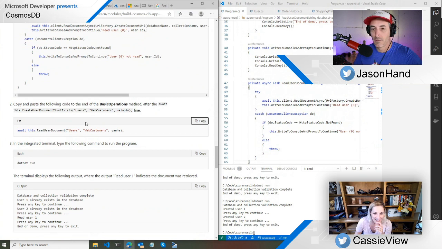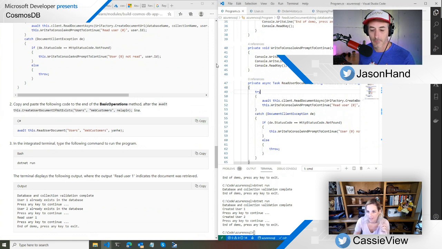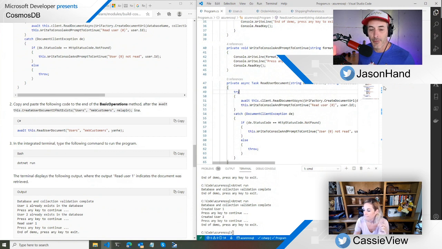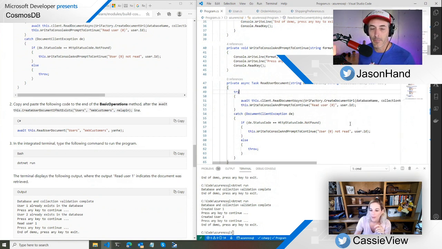All right, so now we are going to read the user and then we're going to run. Okay. I feel like this needs to be bigger. And just as a time check, we've got about 30 minutes left, so plenty. Okay. But wanted to update you.